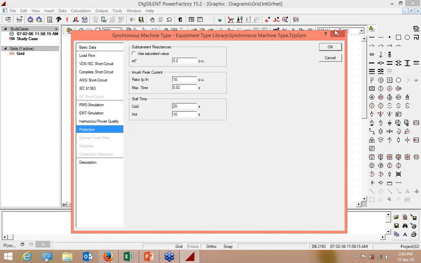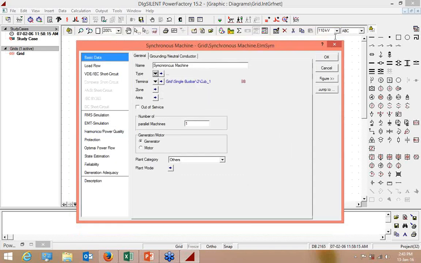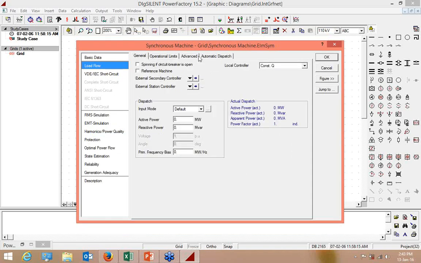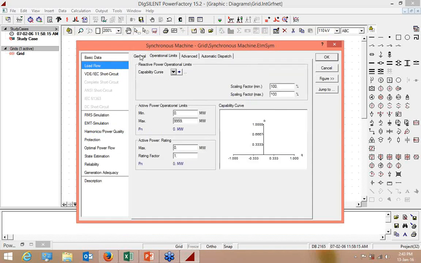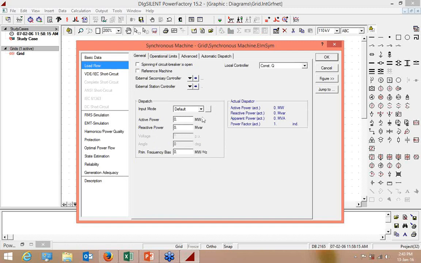Protection, it is different. So likewise, based upon your steady cases, you just have to give all the parameters. In load flow now, like in general input mode, what kind of input dispatch the synchronous machine is having, spinning if circuit breaker is open or not, that kind of calculations. Based upon Q characteristic, local controlling options we can provide, reference machine we can take,